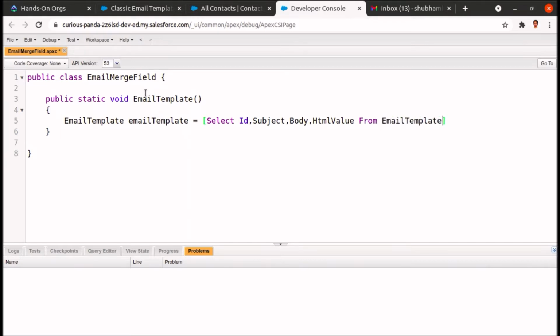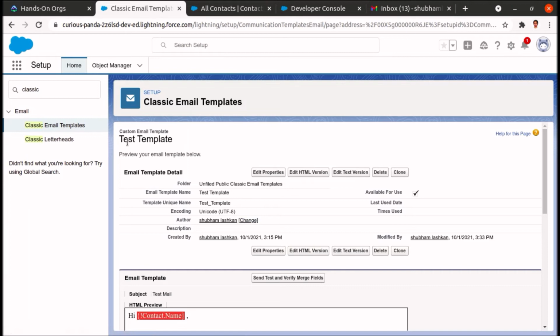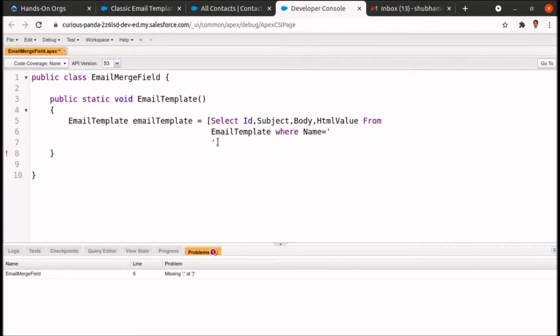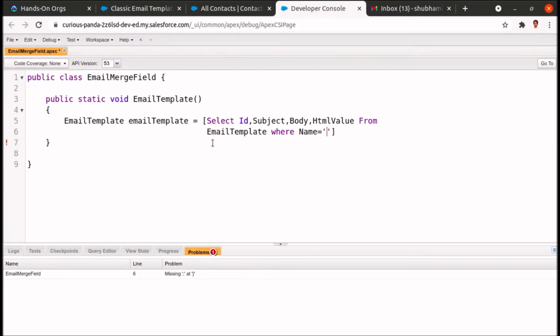From EmailTemplate where, and I am only finding the email template which I am using, so I will be filtering the email templates, and the name of the email template which I am using is test template. So I will filter on that. Let's get to the next line so we can give some space, where name is test template, and let's do one thing, limit 1.